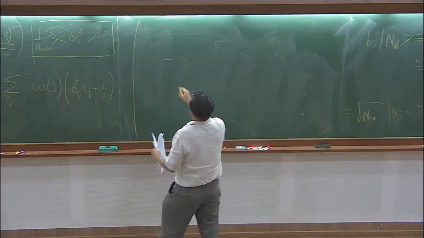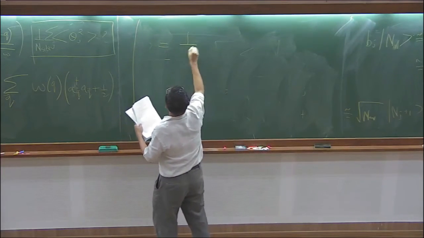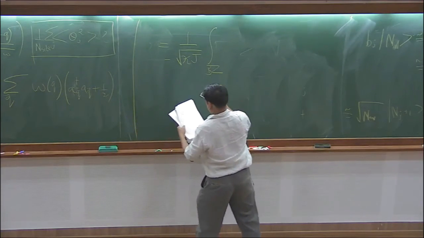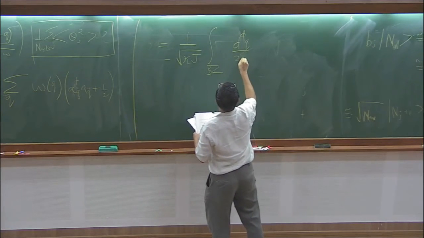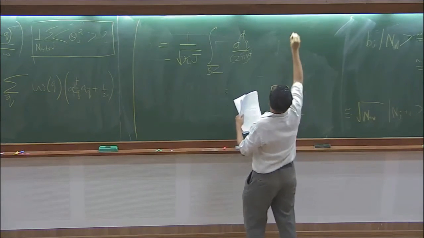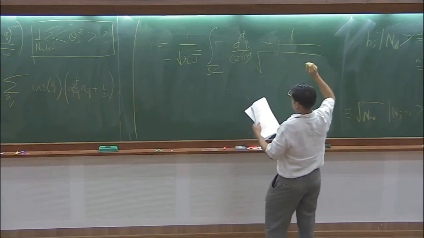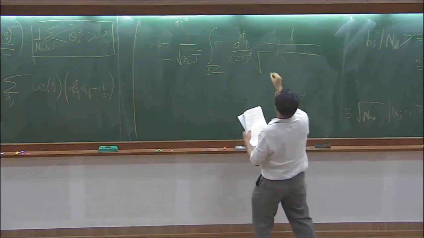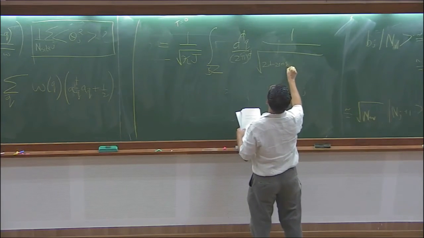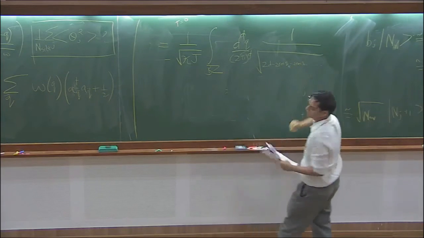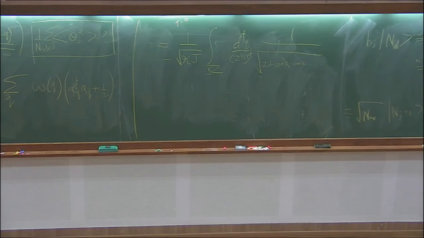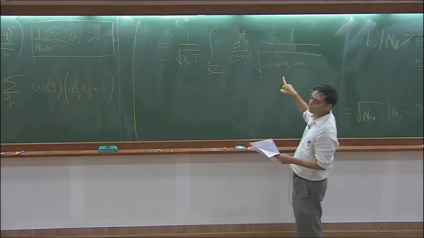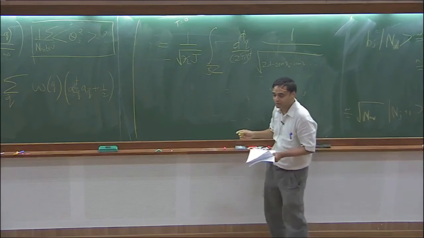So the answer should be that it's equal to 1 over square root kappa times J, integral over the Brillouin zone d^d q over (2 pi)^d, 1 over square root at 0 temperature. This is the answer at T equal to 0: 2d minus 2 cos qx minus 2 cos qy. Now this fellow clearly is mod q, 1 over mod q. So d^d q over mod q is logarithmic, right?